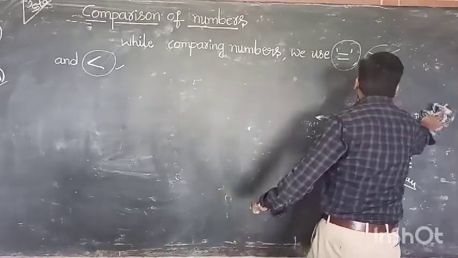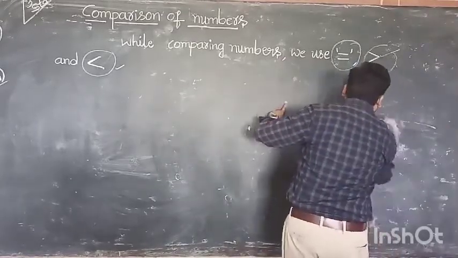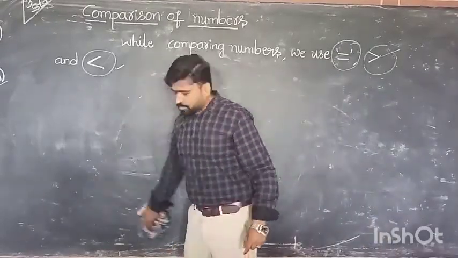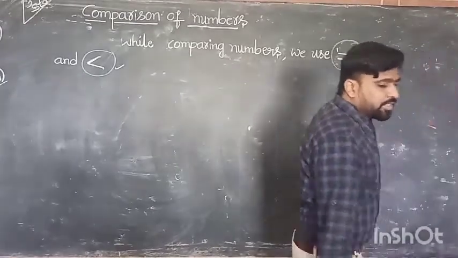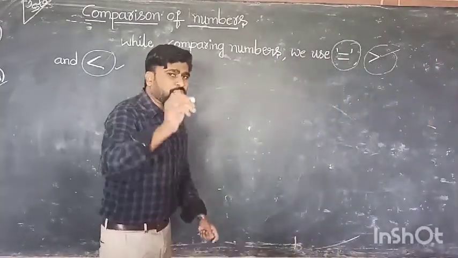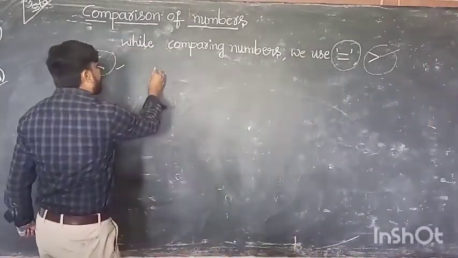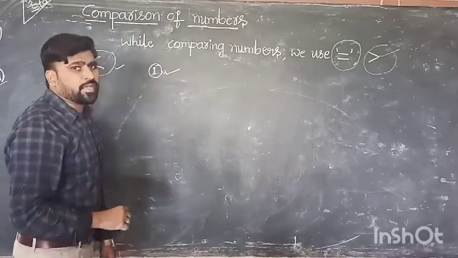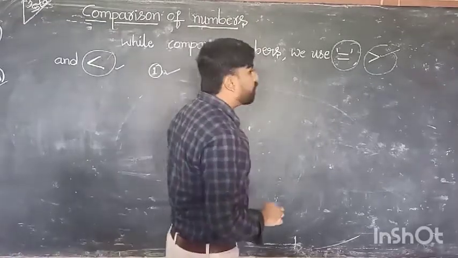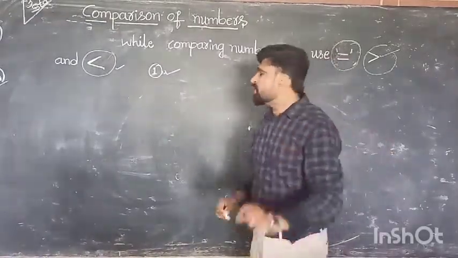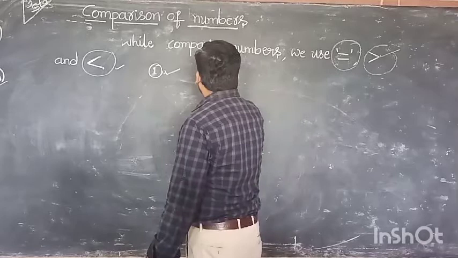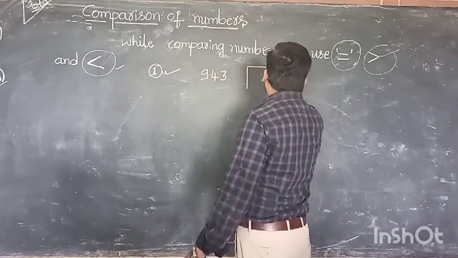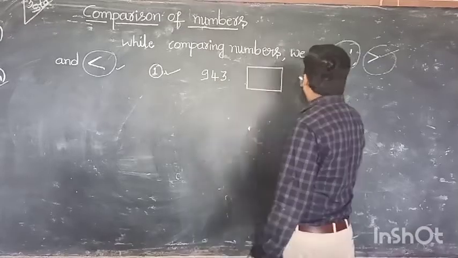Now listen here. That one you don't need in your CW. Just remember it in your mind. The first one. See, one type. It is one clue I will give today regarding the comparison of numbers. What is that first one? See here. Here the first number is 943. Okay? And the second one is